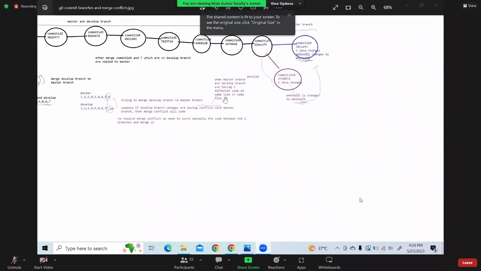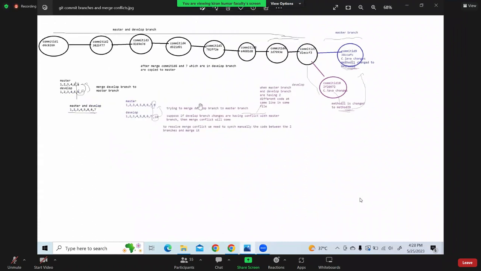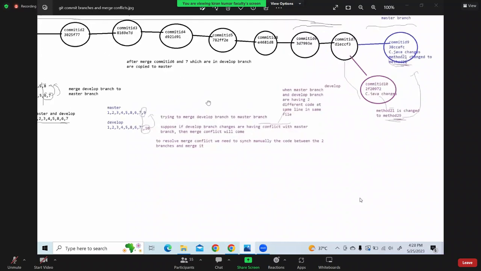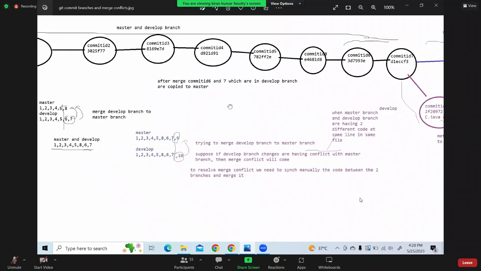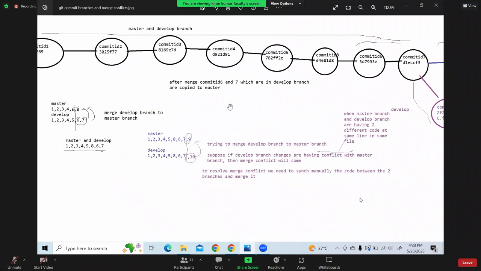The Git merge problem and all that. So now what we'll do is